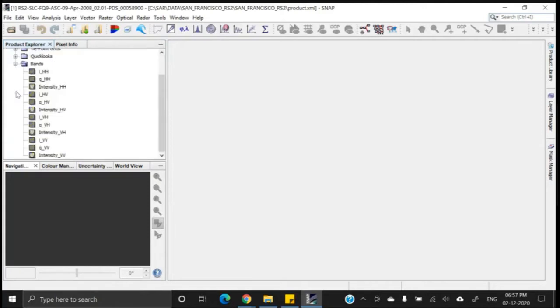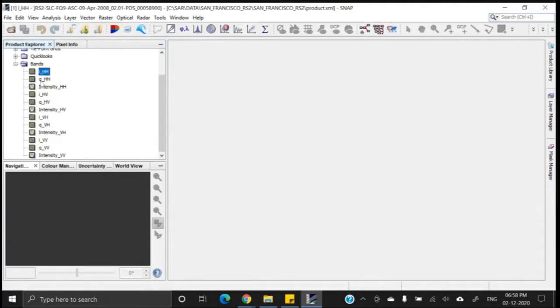bands, image bands. Okay, now see, image band, as you know that since it is a quad pol data, we should have 4 bands or 4 images. One is HH, second is VV, then HV, and then VH. But as you can see here in the bands, how many bands we have?